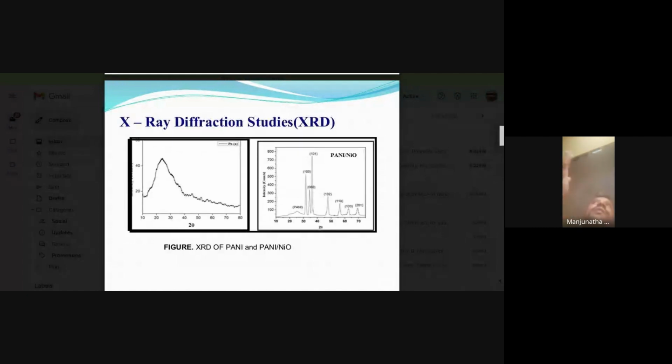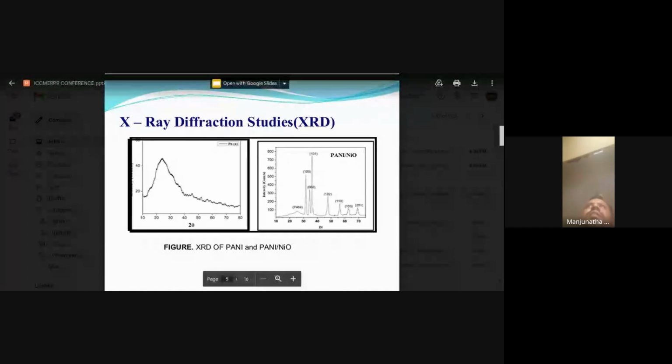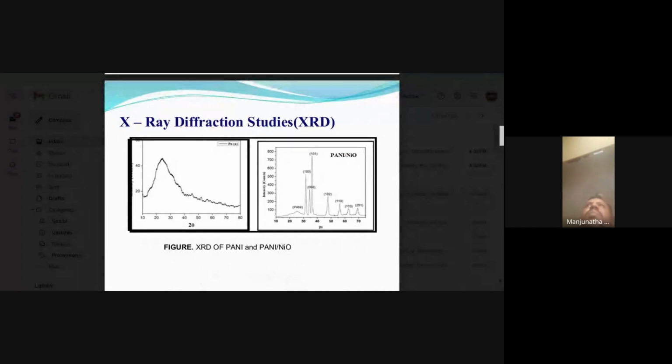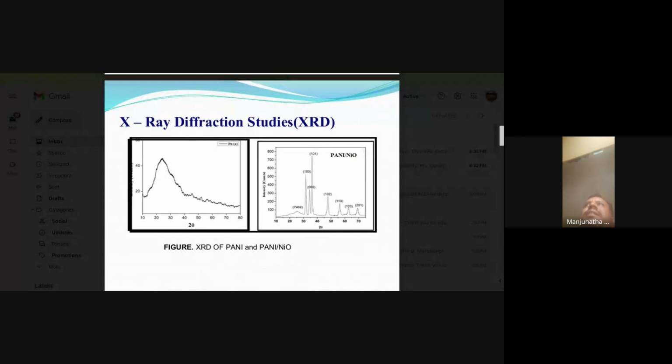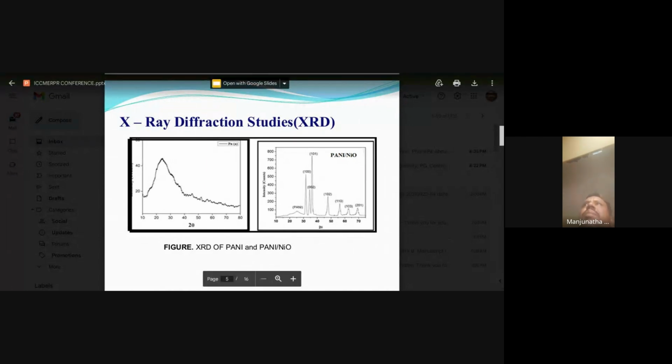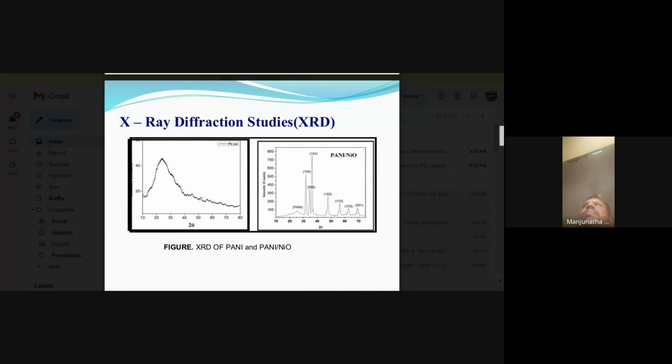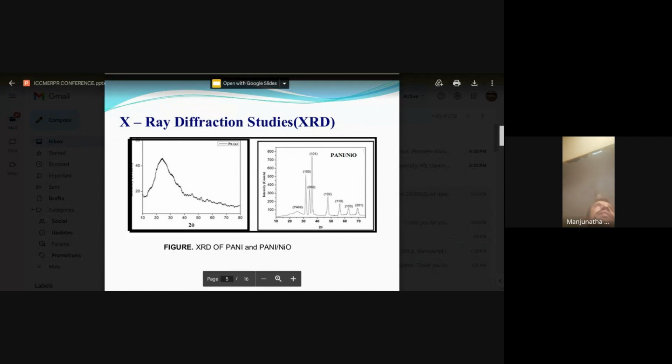First, you take the Pani graph. It comes like this, a broad peak. This peak means this pattern is a straight pattern, and according to the Debye-Scherrer method,